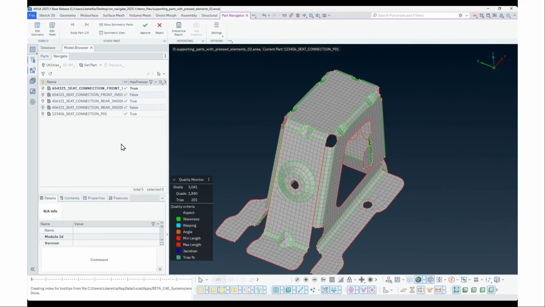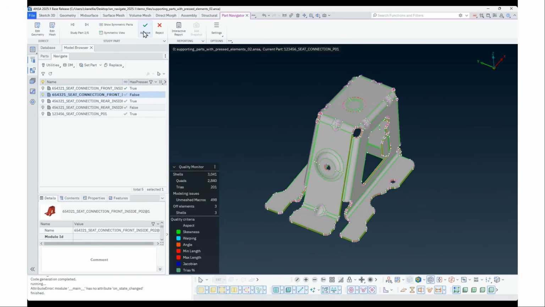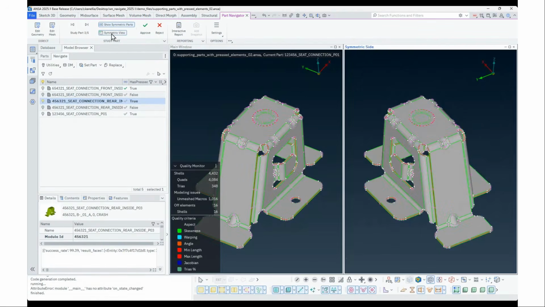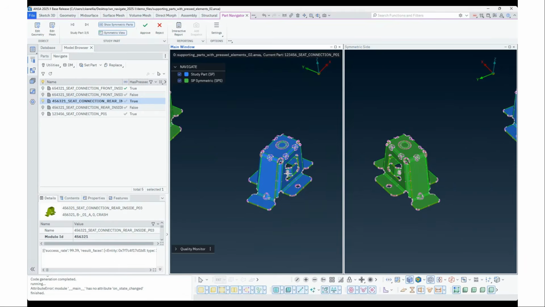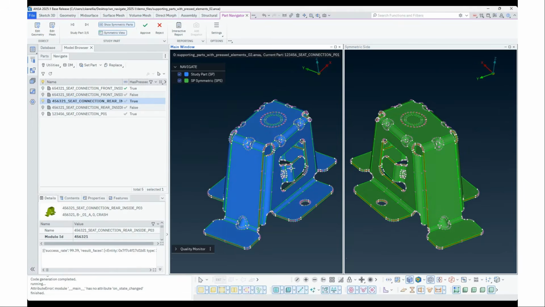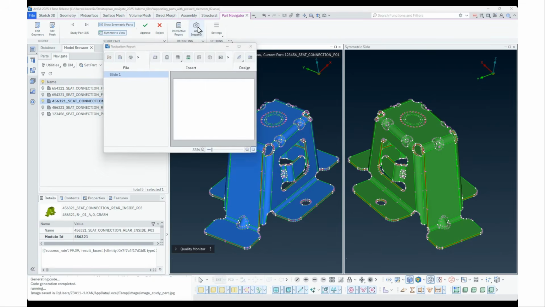If the mesh looks good and everything is okay, I approve the part. Then I also check the symmetric part to make sure it's fine. Finally, I generate a report, either interactive or automatic.